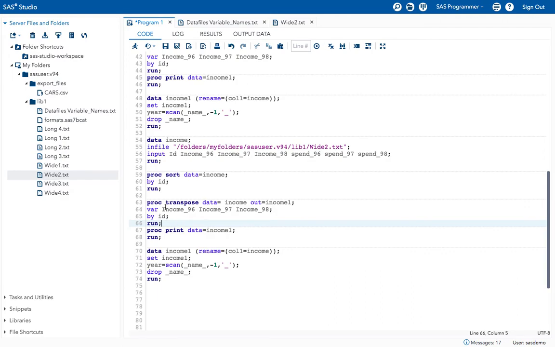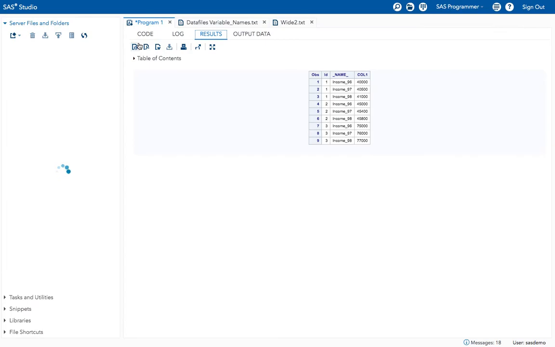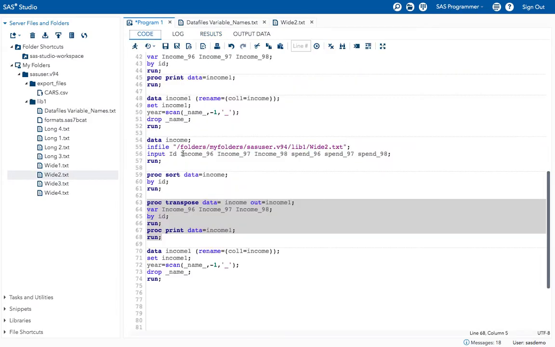Now I will transpose the data first for the income variables. For the first 3 income variables I will transpose the data. This is the same data I want to transpose. Here my income variables got transposed.